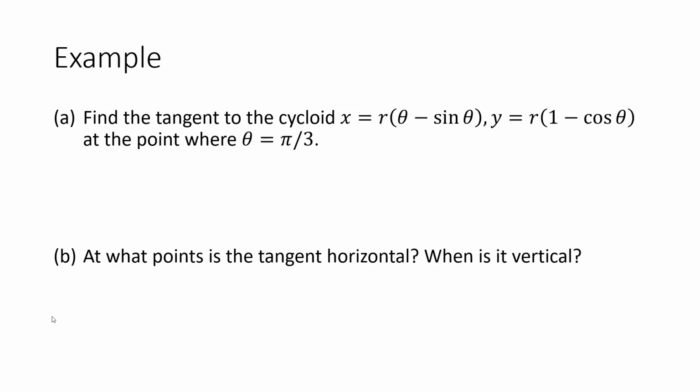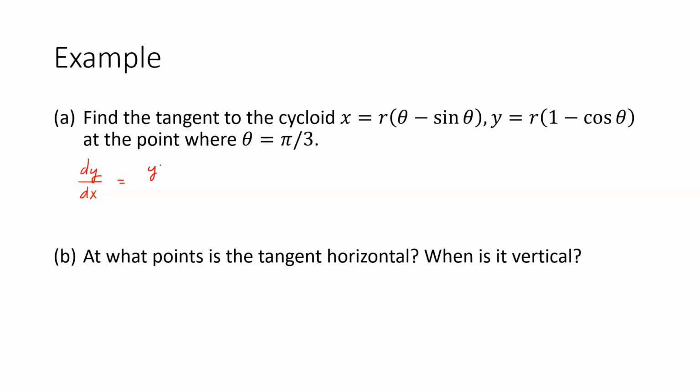So in this next example, we're going to come back to the cycloid curve. And here we're going to use the equations of the cycloid, x equals r(theta minus sine theta), y equals r(1 minus cosine theta), to find the tangent to the cycloid at the point where theta is pi over 3. So starting with computing dy over dx,